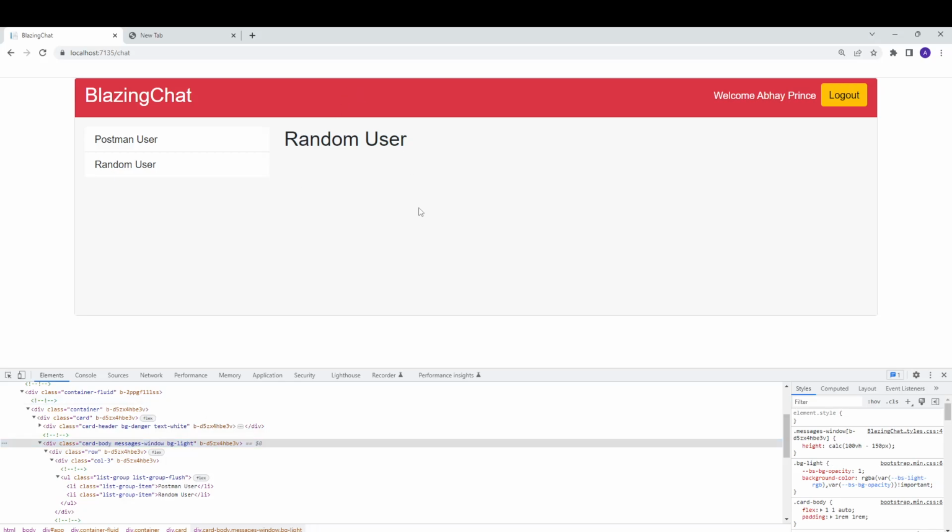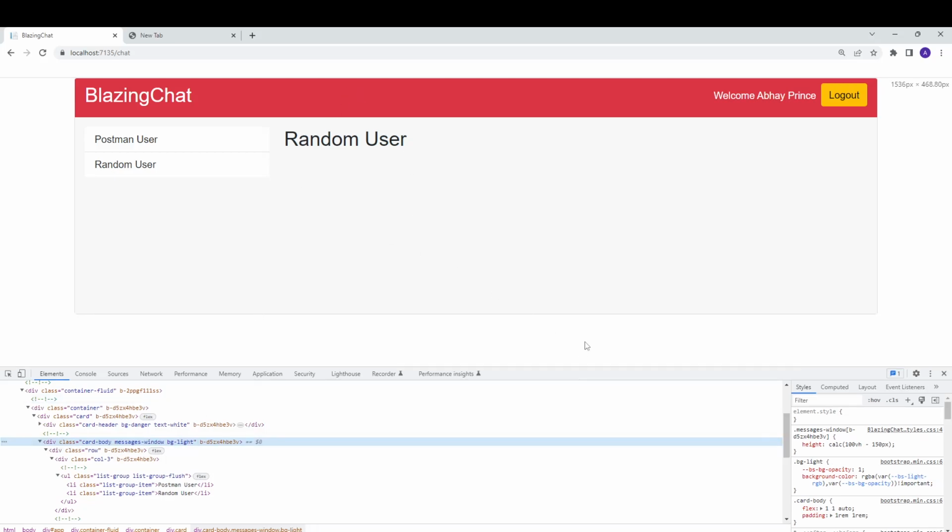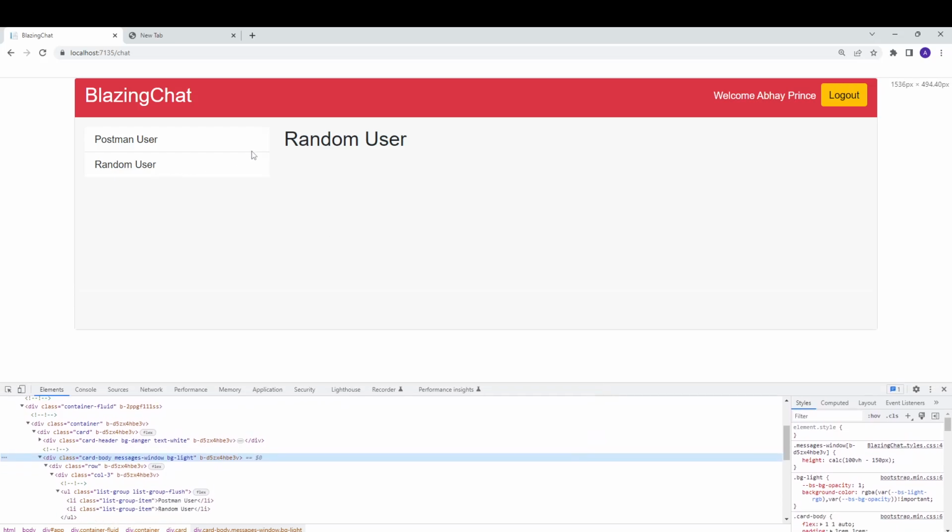Background light, and now we need to... I want to have a different color scheme on this left side, or maybe this users list and this one. Okay, let's continue. Now the next thing is we need to